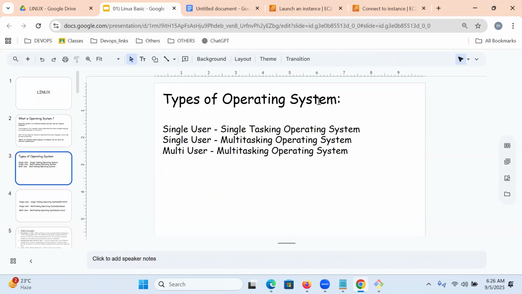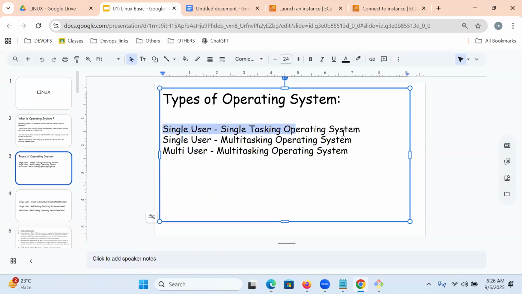Types of operating system. How many types of operating systems do we have? Totally, we have three types: single user single task operating system, single user multitasking operating system, and multi-user multitasking operating system.